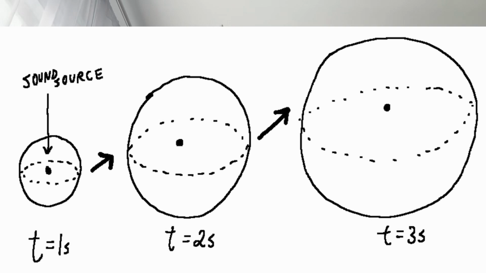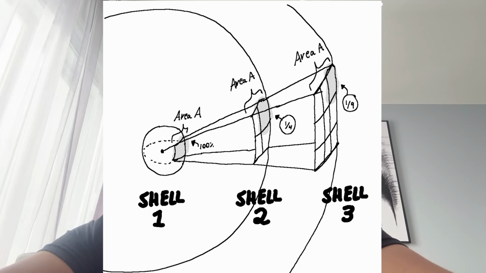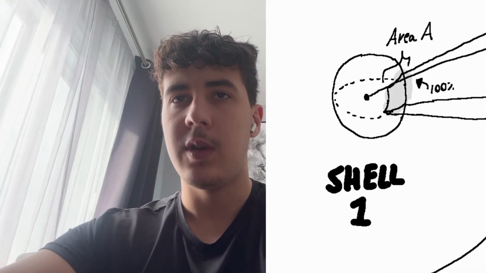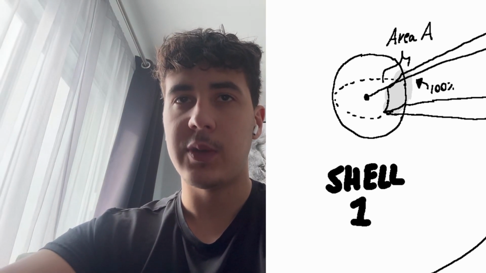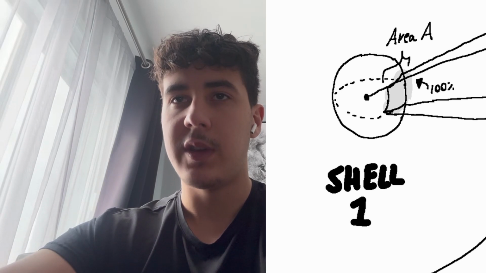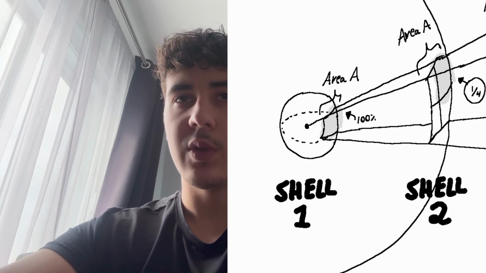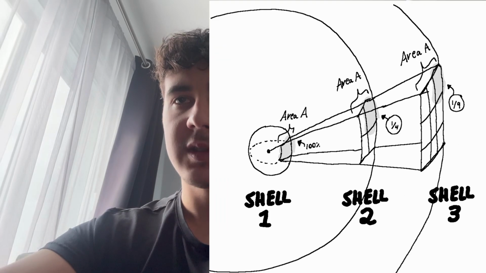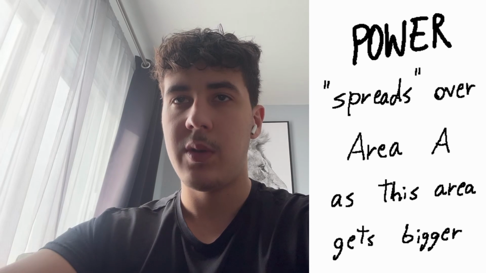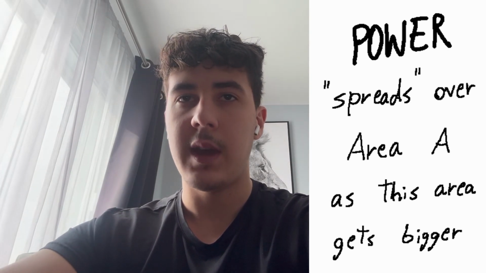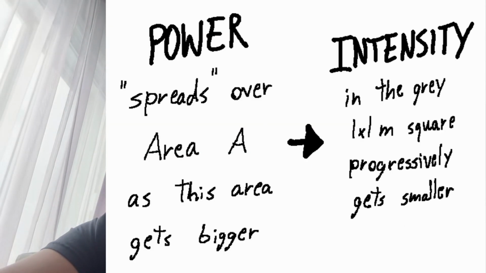This follows the inverse square law. Sound intensity is proportional to 1 over the distance separating a listener from the sound source, squared. We can interpret this law with different shells of a sphere appearing as a sound wave advancing through a medium. In shell 1, let's say we have a 1 meter squared square, which represents 100% of what I'll call area A, which in turn always occupies the same percentage of an area for each shell. Once shell 2 is reached, this square only represents 1/4 of area A, and once shell 3 is reached, the 1 by 1 meter square only represents 1/9 of the area A. Since the power stays the same, it must spread over area A, so the intensity in the 1 by 1 meter square is much smaller than what it used to be.